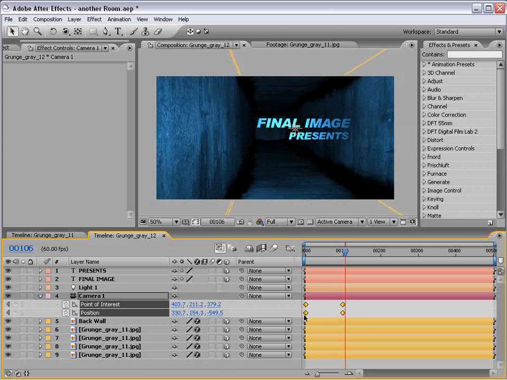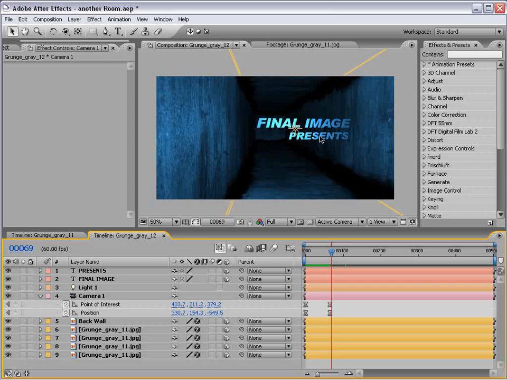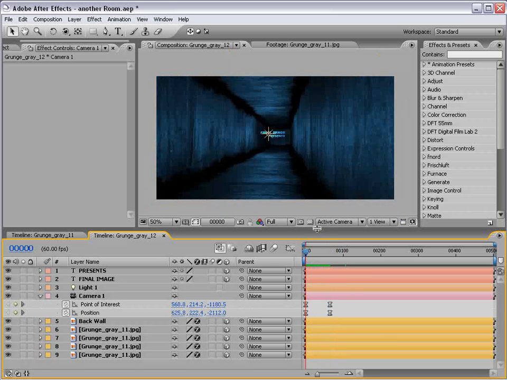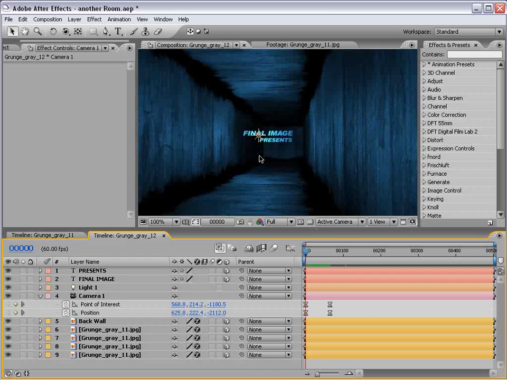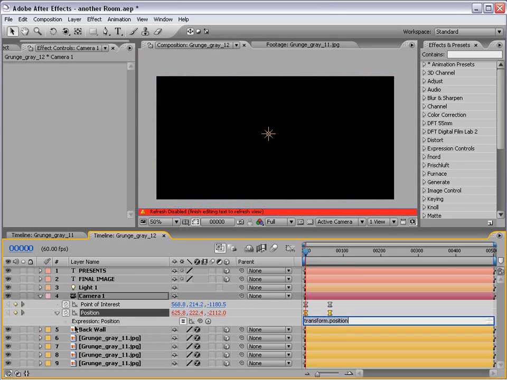Let's select the keyframes. Hit F9 for an easy ease curve on the keyframes there. Okay, let's play that back. Now, the other thing I did in the original animation was add a little bit of a position wiggle. And to do that, I Alt-clicked on the position, chose Wiggle,